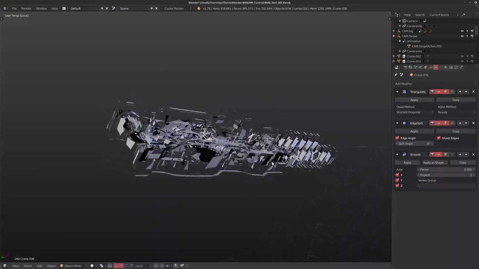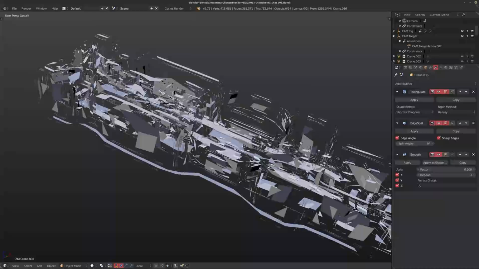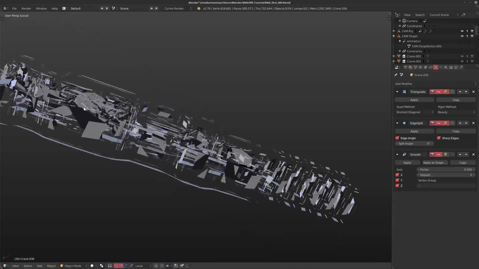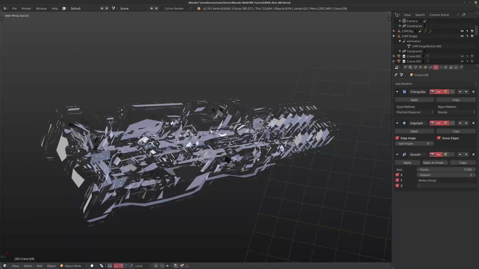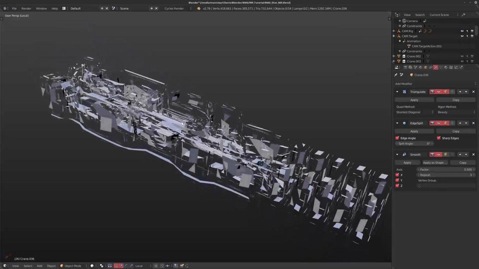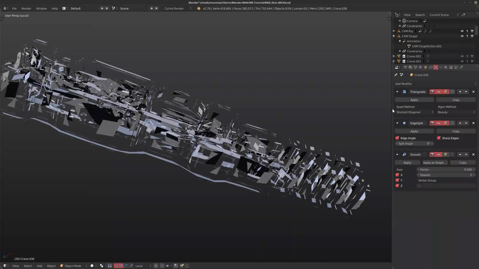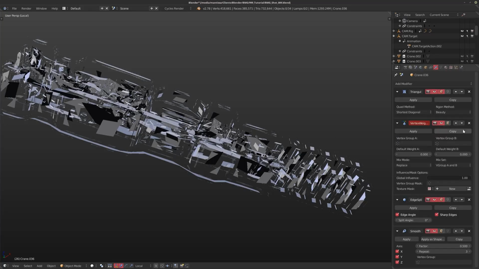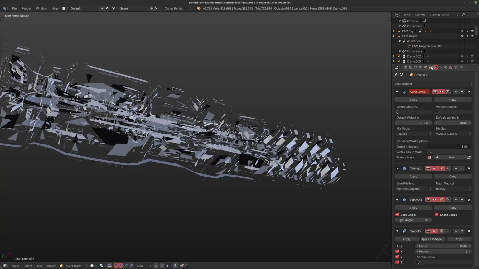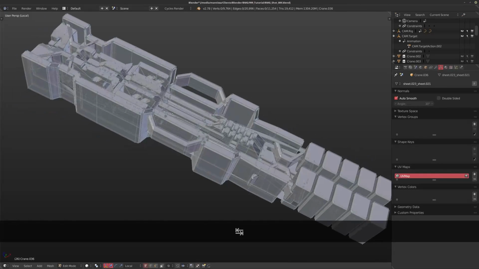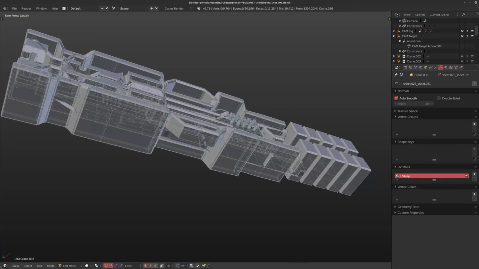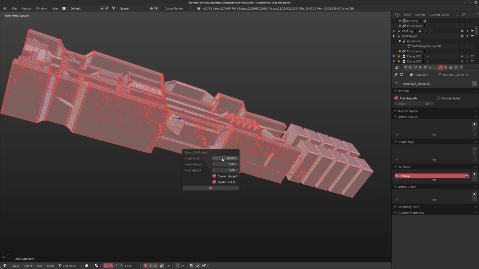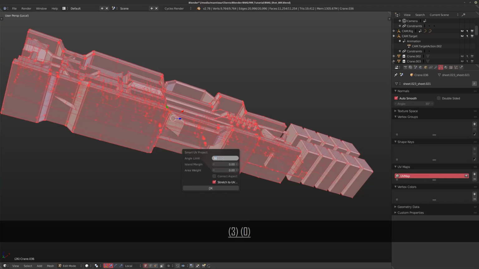So with that done, I sort of want to be able to control where this is happening, as you saw in the final video. So this appears as the camera passes by, and we'll have a look at how to actually create that effect. So what I'm going to do is I'm going to add a vertex weight mix, pop this up here, and I like to unwrap this first very quickly so I can use it for shading after. So I usually just use the Smart UV Project and very quickly do this.